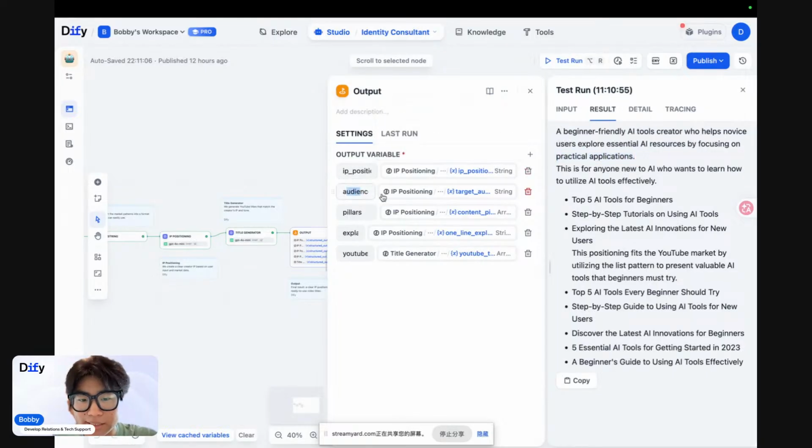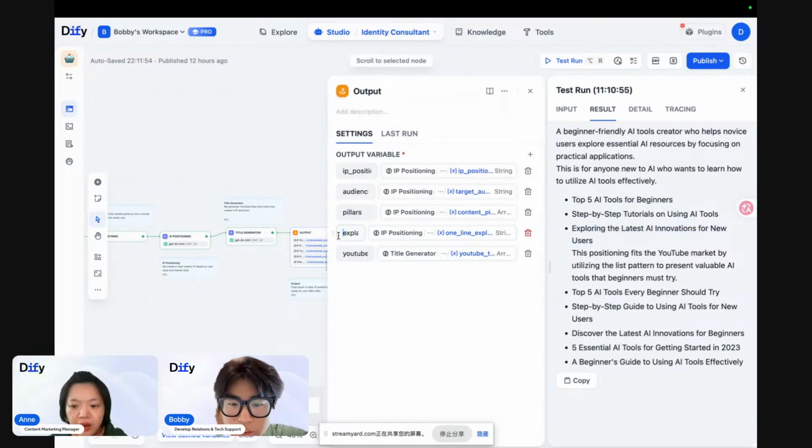And the second is the audience, which is also the target audience. The target audience is anyone new to AI who wants to learn how to utilize AI tools effectively. And then we will also have the pillars. The pillars also mean the directions, which topics are most popular on YouTube or other channels. We will have 3 pillars in total, 3 directions: the first one, the second one, and the third one. And the fourth is the explanation. The explanation means